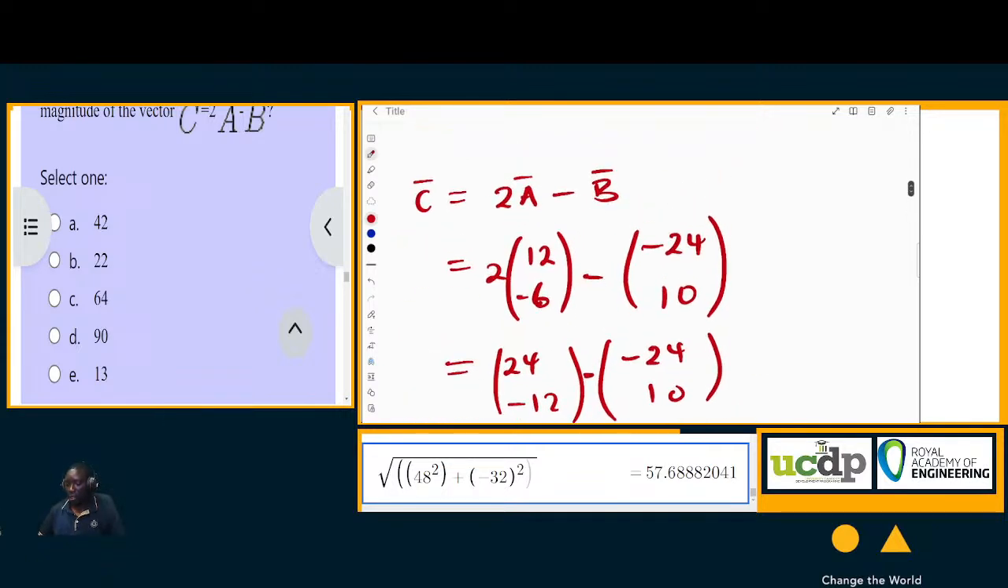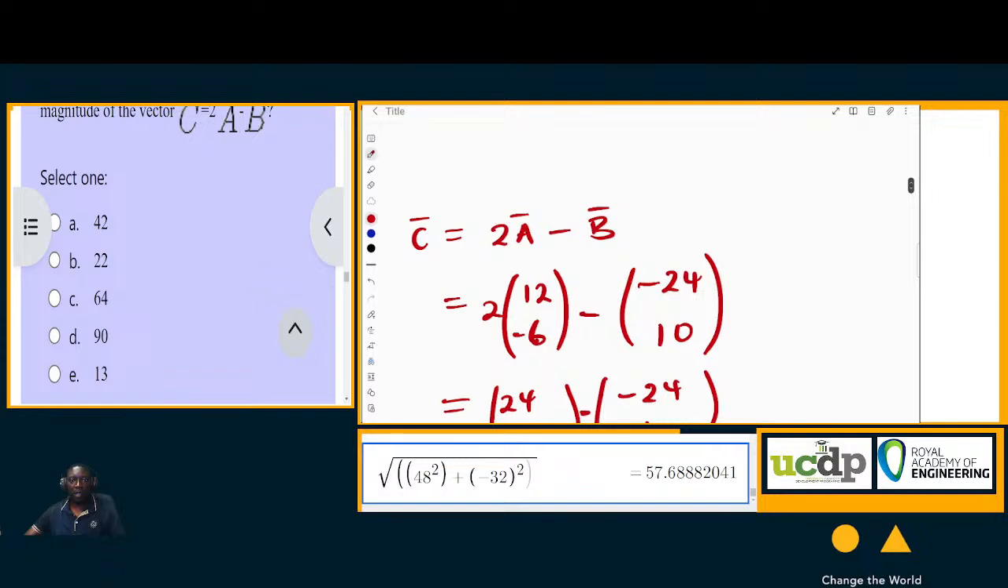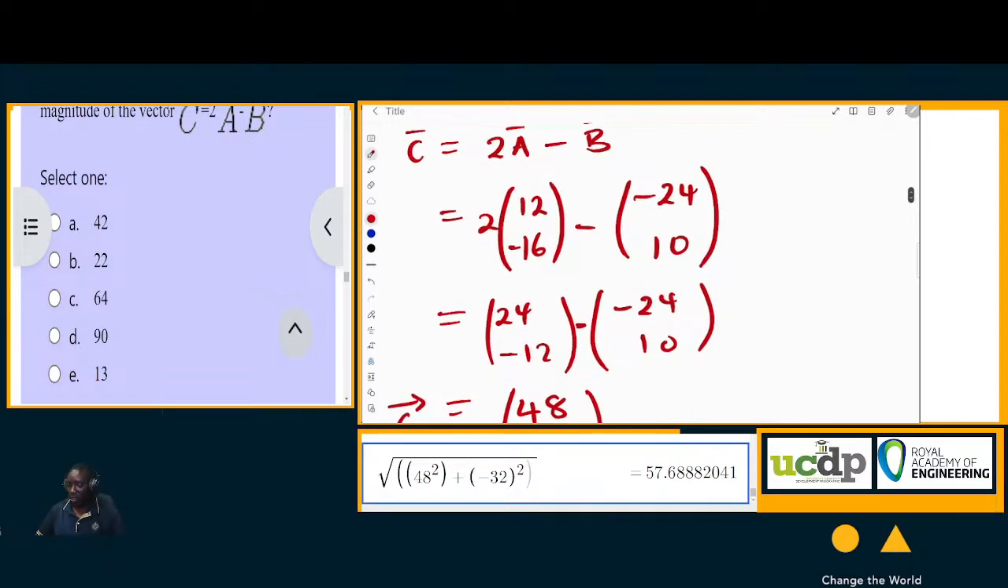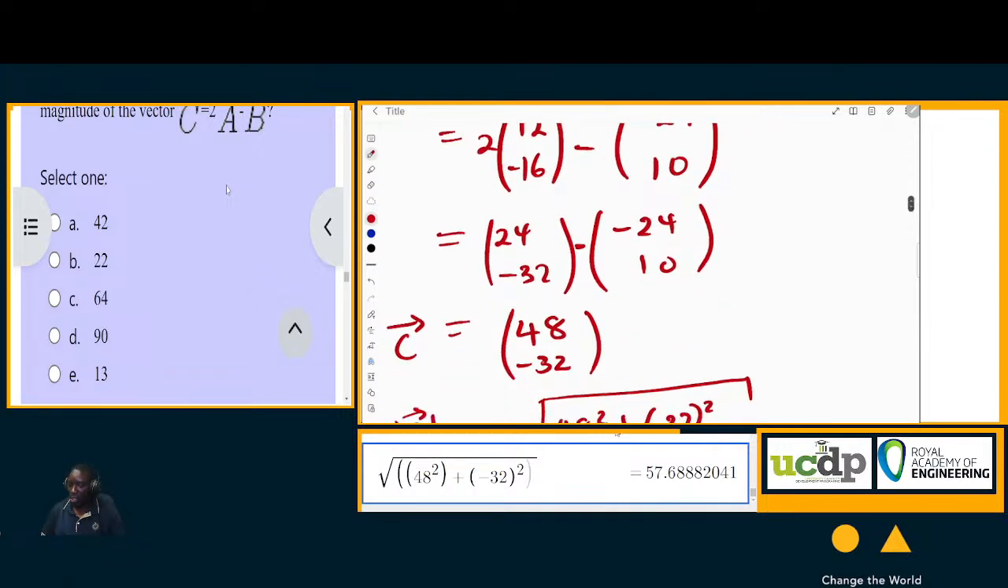lose it somewhere? So it's 2a minus b, and given that vector a is 12 and minus 16. Oh my god. So it's 12 and minus 16 instead of minus 6. Sorry about this. Should have corrected me, guys. Are you not following? So 2a minus b, a is 12i minus 16j. So this should be minus 16, which makes it negative 32 after multiplying by 2, and negative 42 after the